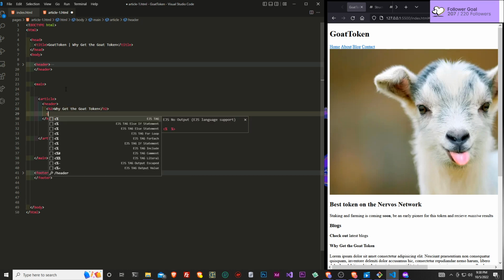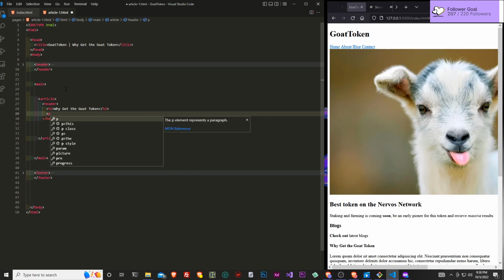We can also add in another element, and this is going to be created by, and let's call ourselves 12.